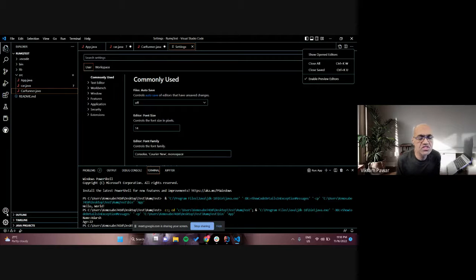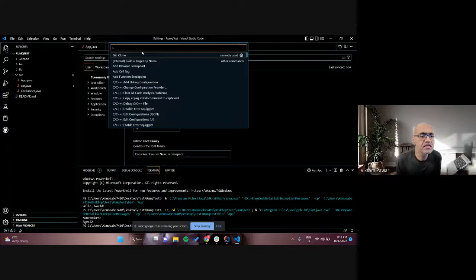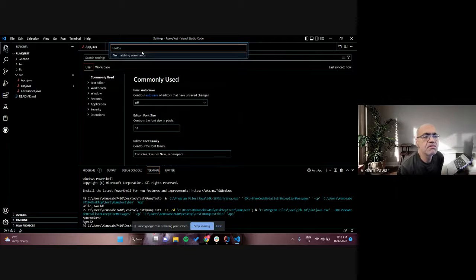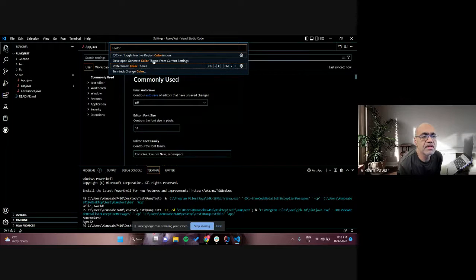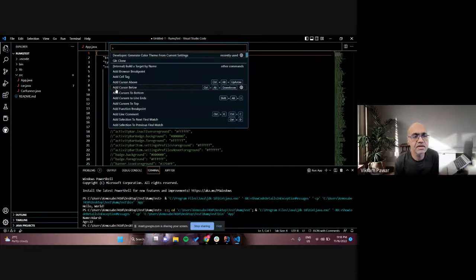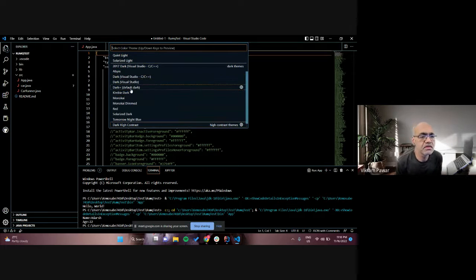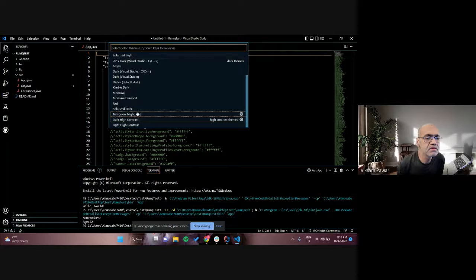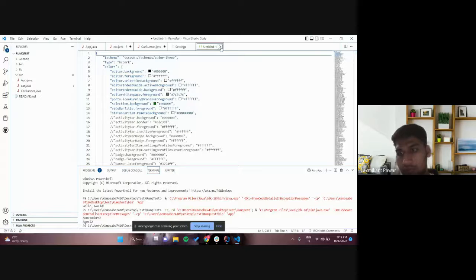I generally say Control Shift P and type appearance, then color scheme. Control Shift P. Yeah, and then color or theme or something like that. Is there a configure color theme? Yeah, the color theme. Preferences color theme. Third one. No, not that. Go back. Type again. Preferences color theme. That one. Pick some light, Visual Studio Light. This is not good.